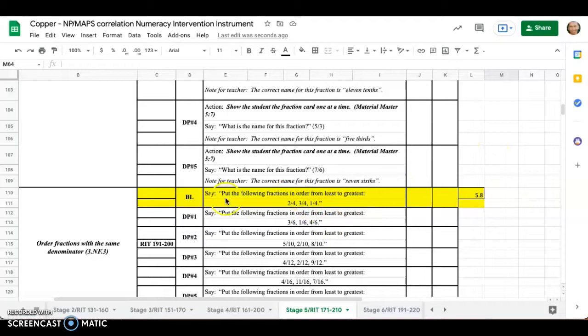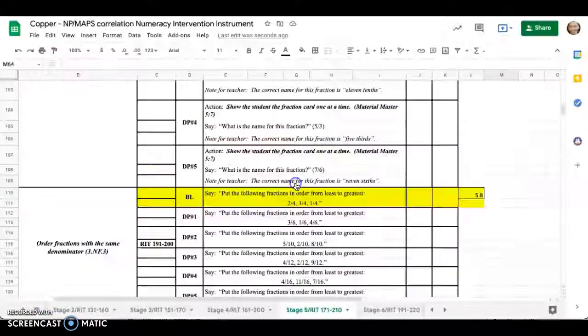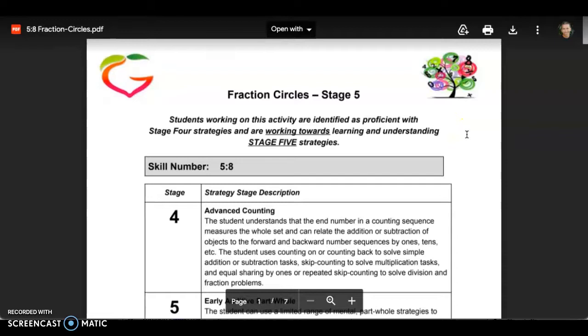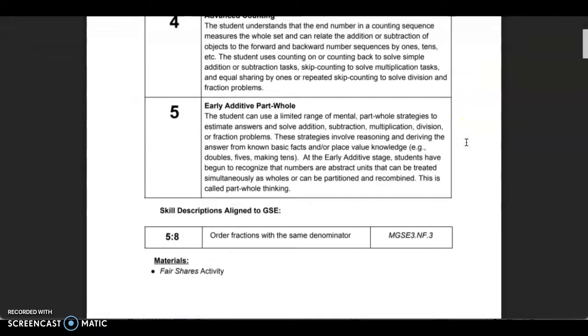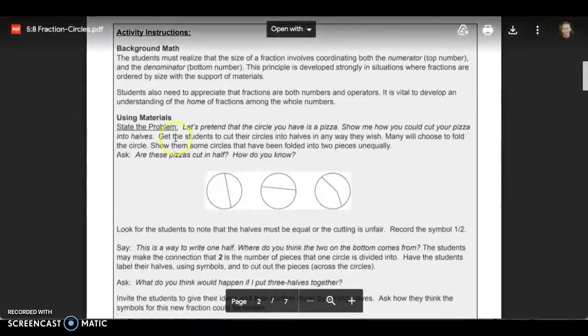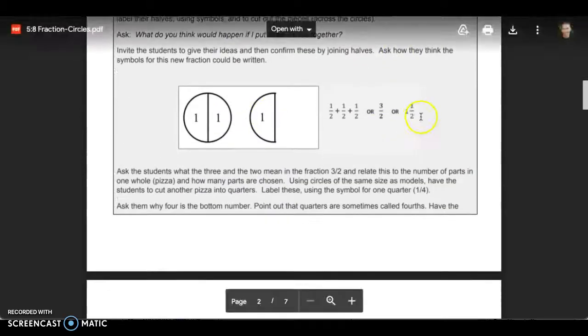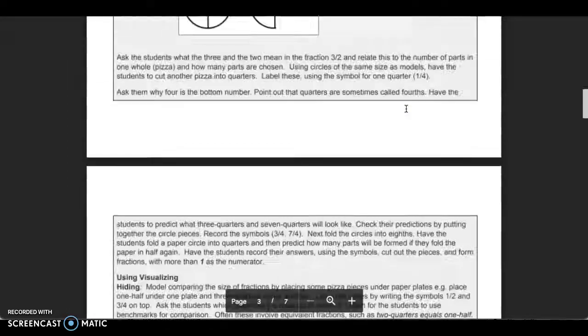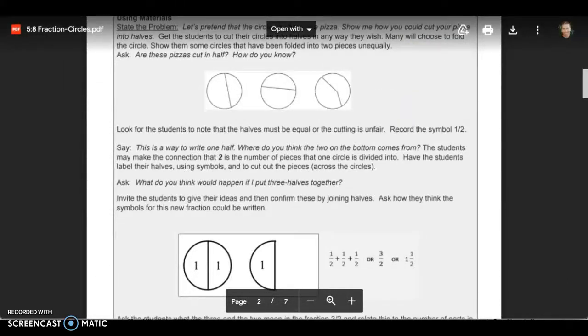But essentially, you just go down, ask them the question. If they know it, great. You can put an X in that yes row, the first row. If not, an X in the no row, and then you go to the activity link, 5.8. So 5.8 would be fraction circles. Then we go to this activity, and there's usually 3 to 4 activities per knowledge point. And this one will give you instructions on this activity. Super fun. I love using this instrument, and I can usually teach kids right on the spot and